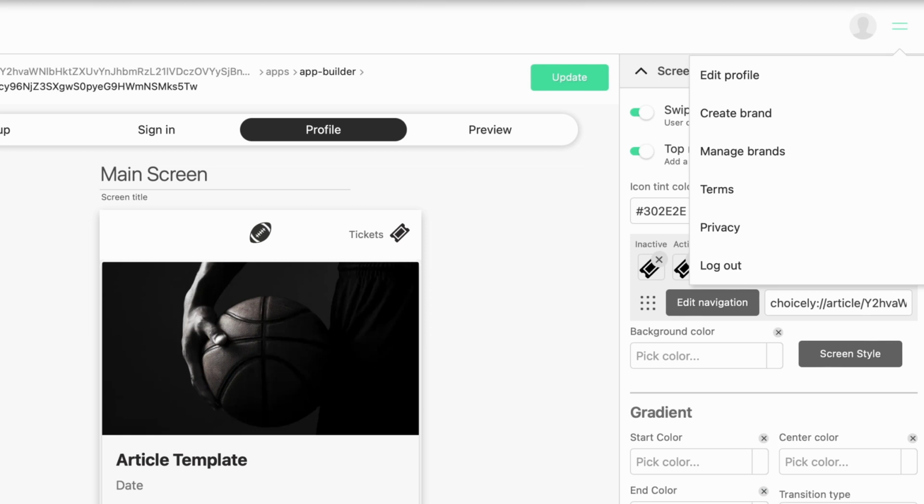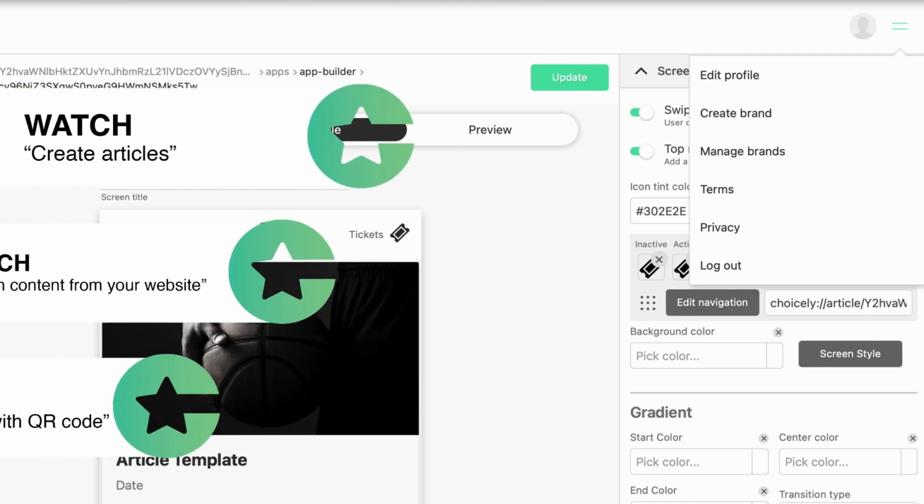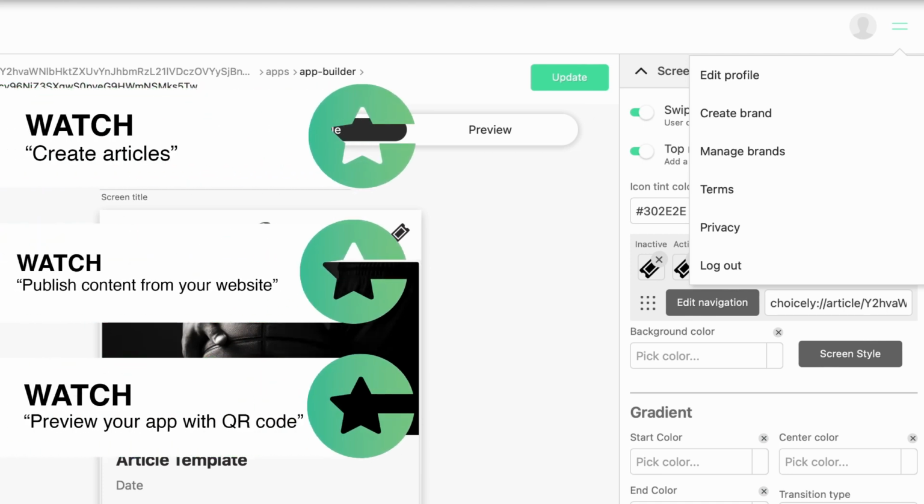There you go. Now you know your way around Choicely. Now go try out some features or start creating content. We recommend testing these first